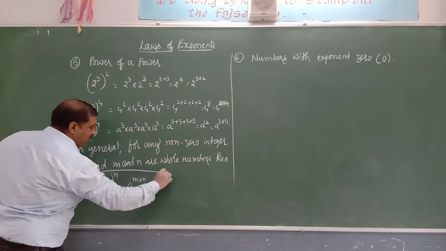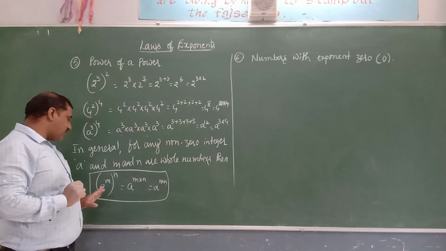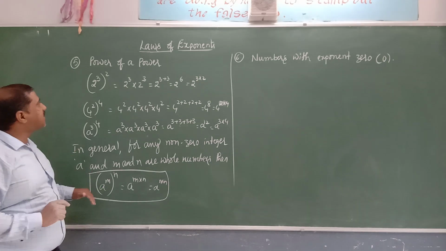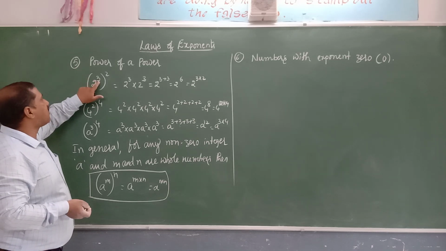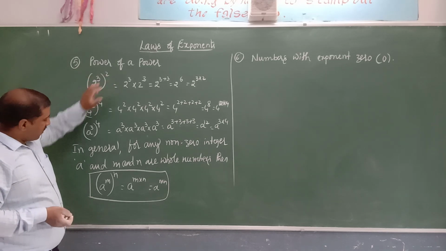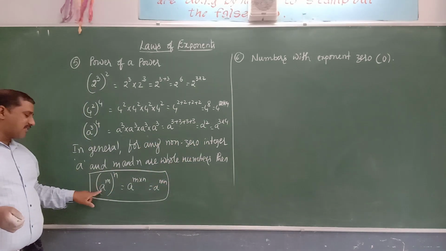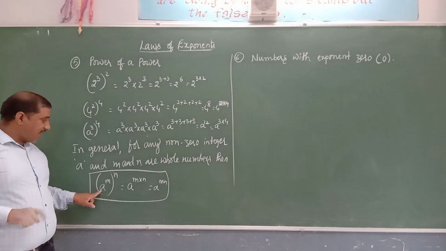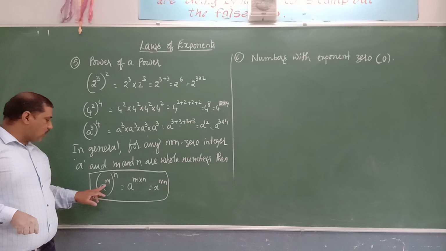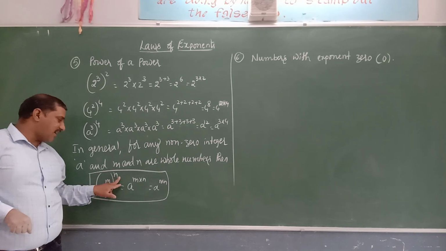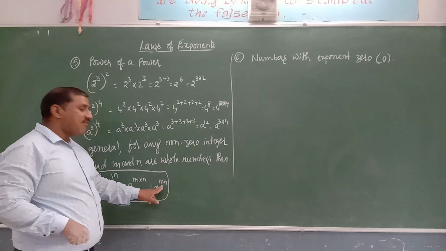That is, we will multiply the powers or the exponents of the given base. So when we use this, if two powers are there, a whole power is there, like 2 to the power of 3 or 2 cube whole square. In general, for any non-zero integer a, the base a should not be 0, it can take any other integer, and m and n are whole numbers, then a to the power of m whole to the power of n is equals to a to the power of m into n, that is equals to a to the power of mn.